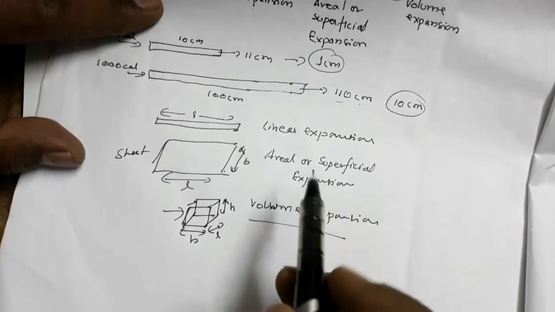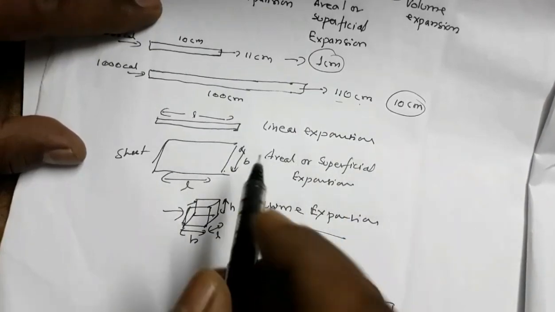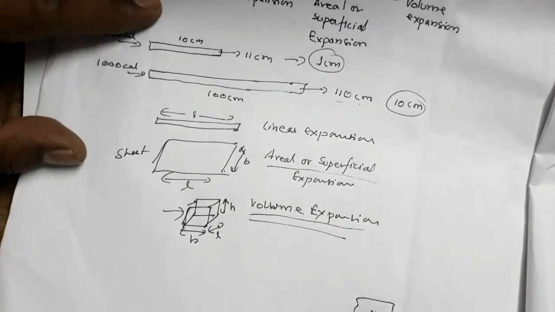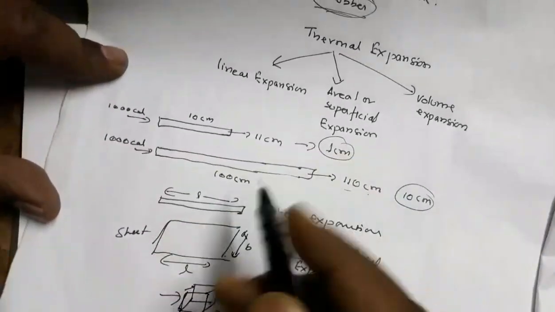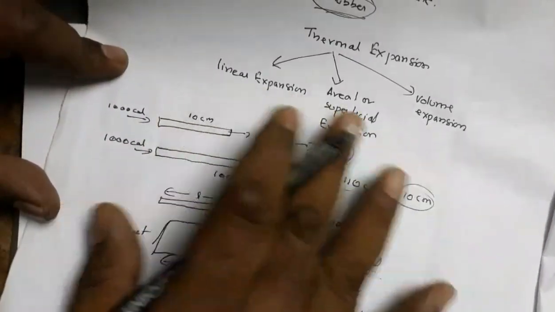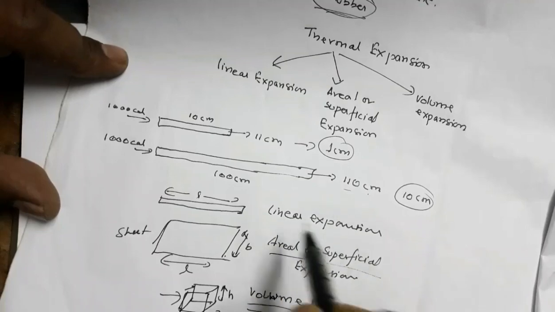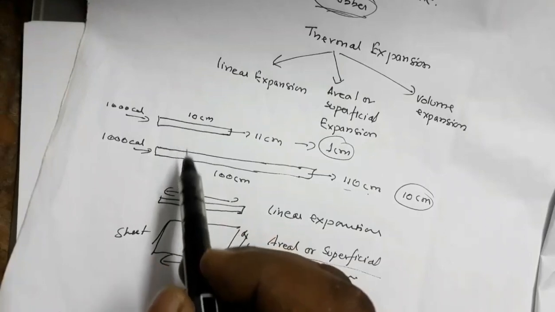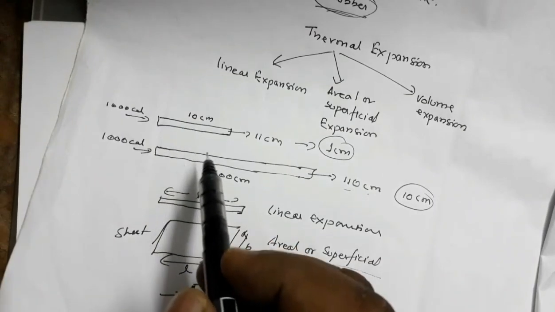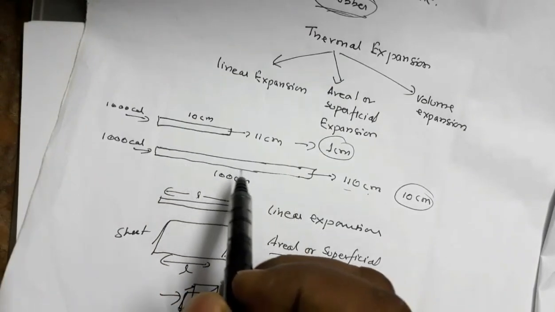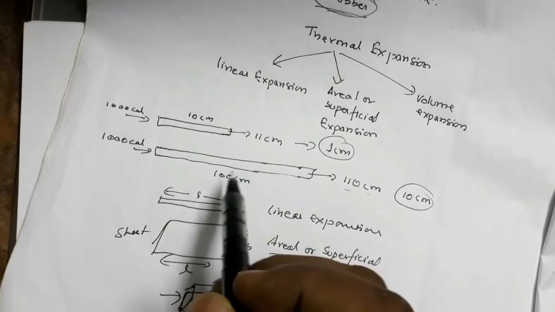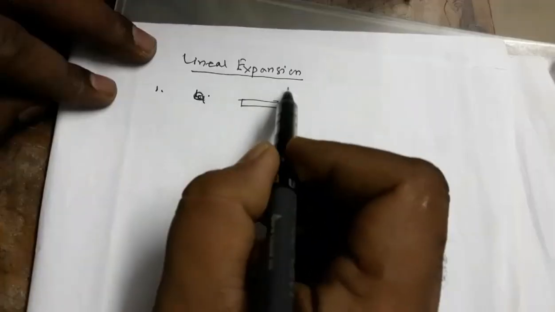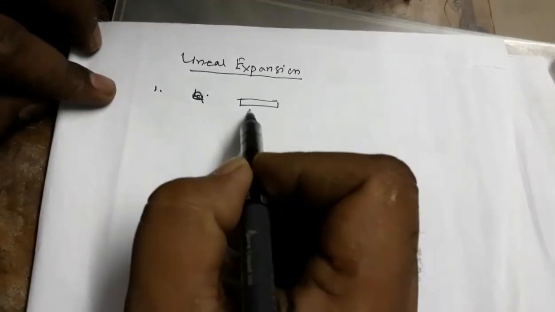So this is the fundamental thing: where we have to consider linear expansion, where we have to consider areal expansion, where we have to consider volume expansion. Now that concept is clear. Now first let us study linear expansion. As we have seen here, when the same amount of heat is given to both the rods of the same material, the increase in length is more in this rod because its initial length was more. So from this we conclude, for linear expansion, the first observation is: